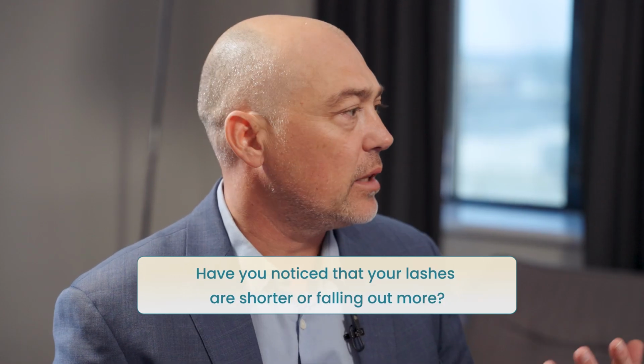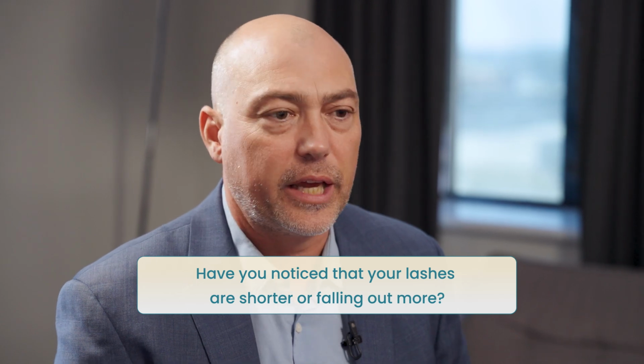Have you noticed that your lashes are shorter or falling out more? What sort of symptoms might this patient be complaining of associated with Demodex blepharitis that they might not even associate with blepharitis? Yeah. So with the decision tree, looking at the guidance as far as treatments, it does help